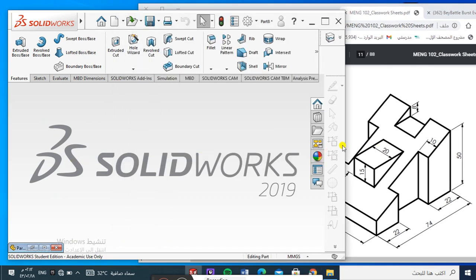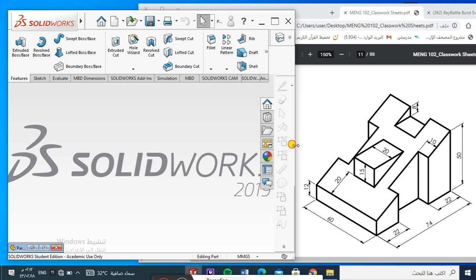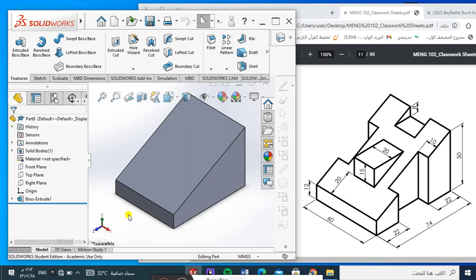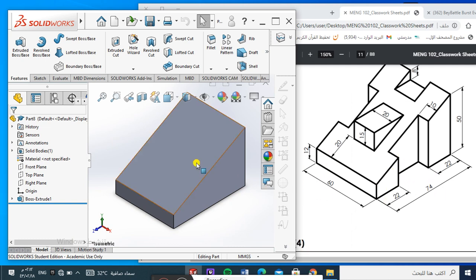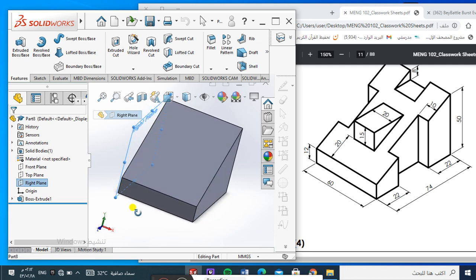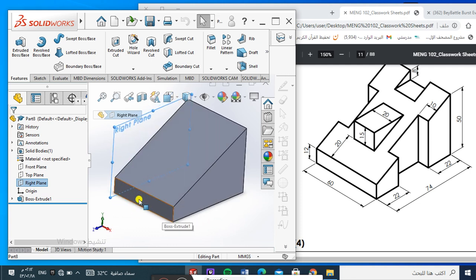Sometimes I forget to draw and make an extrude midplane. What should I do? So, for example, this is the same thing, question number 4. I want to draw this triangle while the right plane is not in the middle, because I made this extrude not midplane. So suppose it's not easy for me to edit this extrude to make it midplane. What should I do? Now I have two solutions. Solution number one